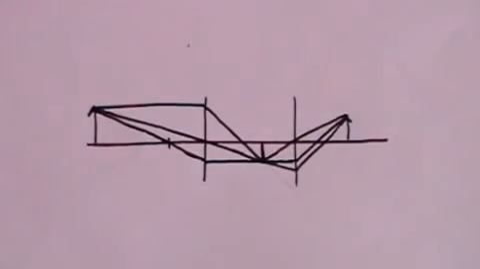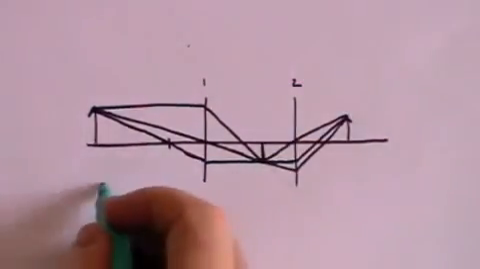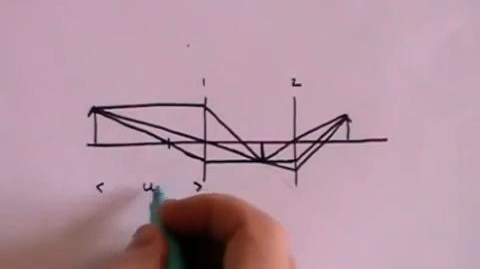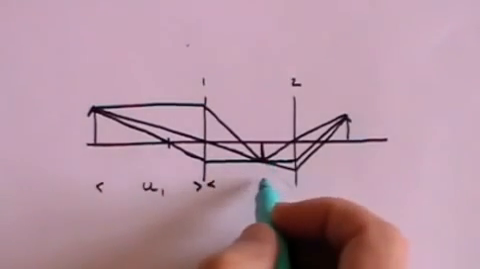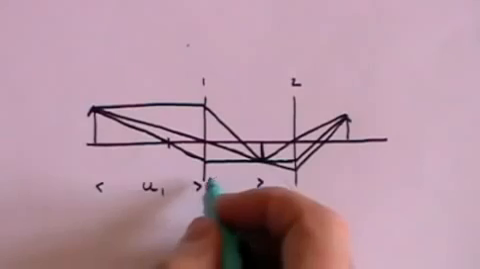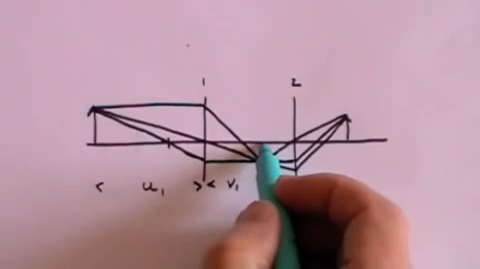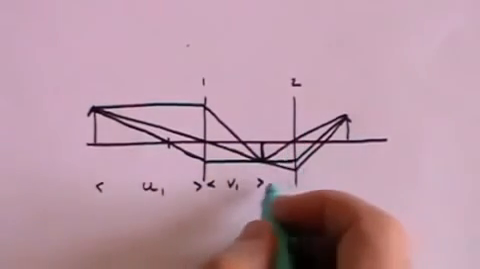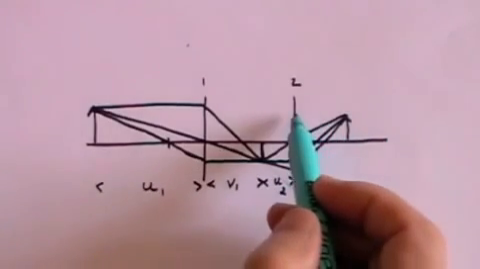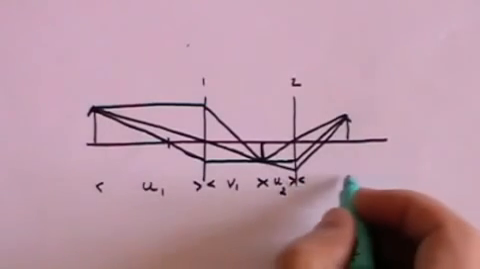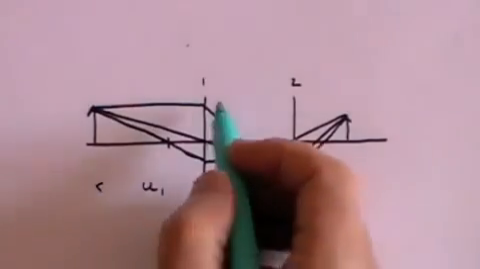Now if we look at the two lenses, we can say that if this is lens number 1 and this is lens number 2, then the distance from the object to the first lens we'll call U1, and the distance from the image of this lens to this lens we're going to call V1. Then the distance of this image, which now becomes the object of this lens, to that lens is U2, and the distance from the lens to the final image is V2. And we know that the focal length of